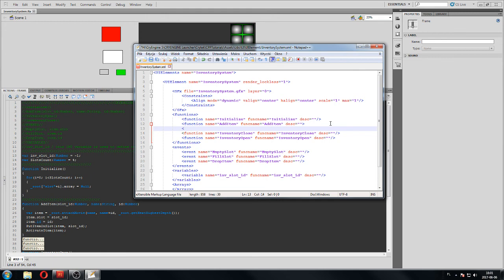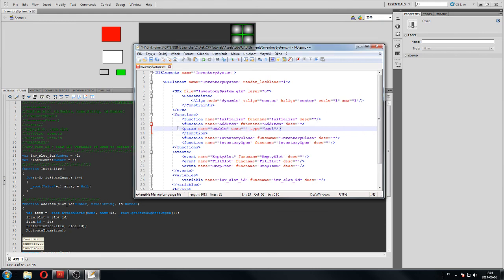XML, it's a pretty straightforward construction, so function, and in between we are going to put our parameters. The first one is slot ID,